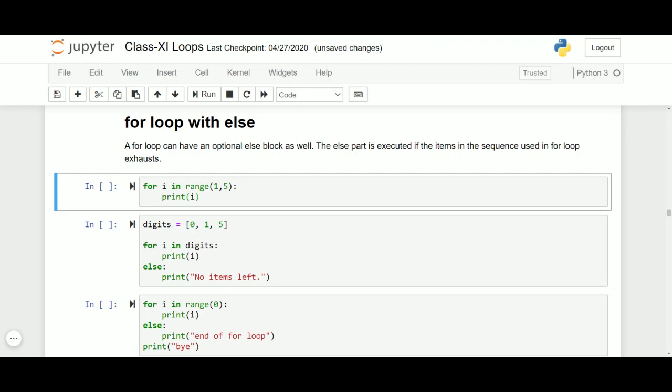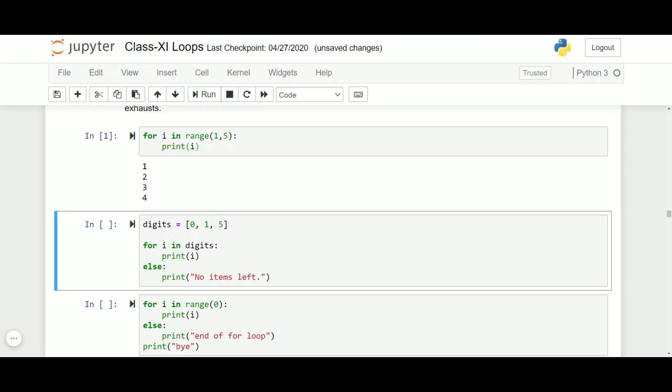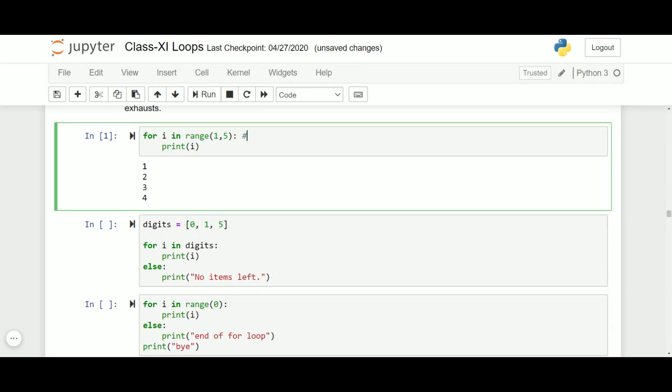So this we have learned so far, that we can use and repeat any number of statements in a for loop. I have taken a loop using the range function where the range goes to the values 1 first, then 2, then 3, then 4. As it will not go till 5, it will go till 5 minus 1, which is 4. Now here I haven't used else. So else is not mandatory, it's not compulsory.